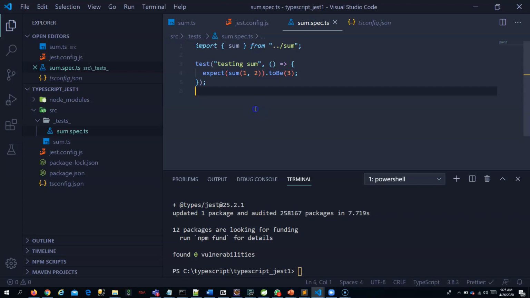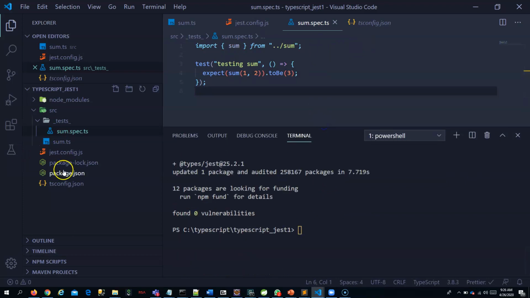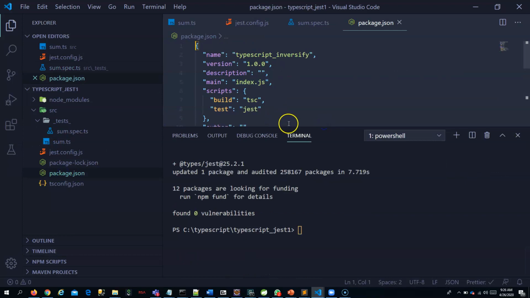Now I have written everything. So the test file I have written for testing the sum function. That is also important. Now can I run the npm? For running that, you also add it in package.json.